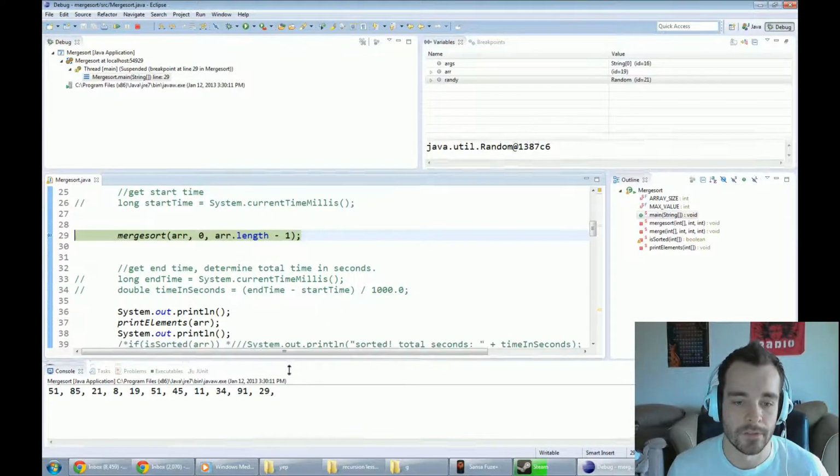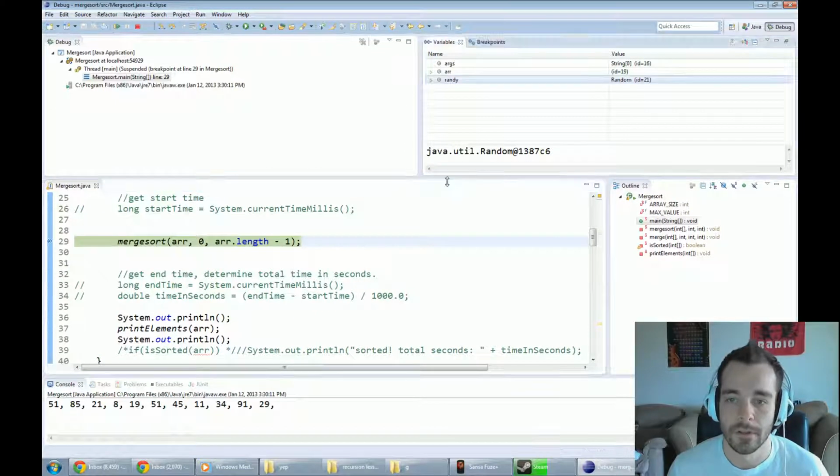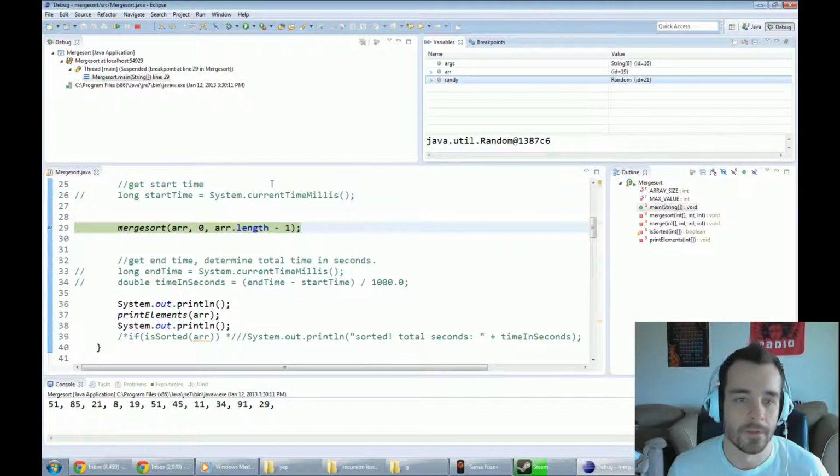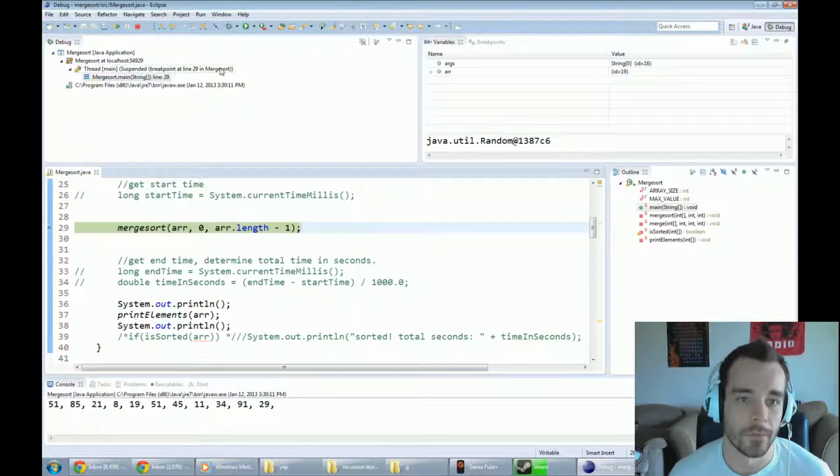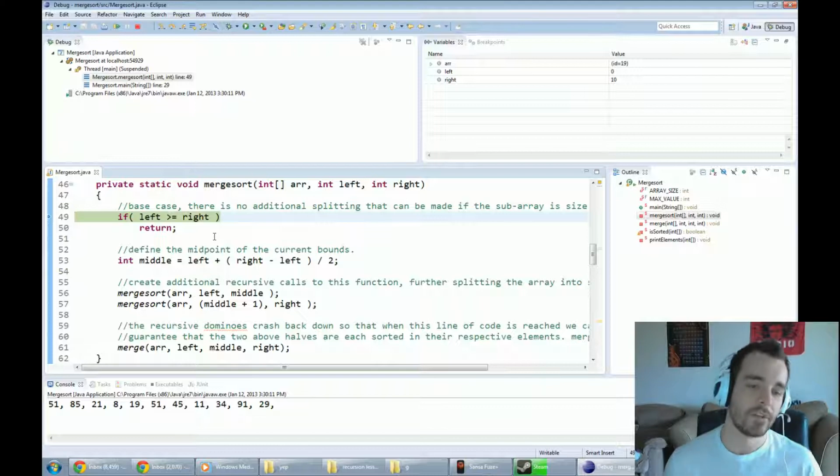So let me make this console a little smaller, and this a little bit smaller. Alright, so we're going to go ahead and call merge sort on the entire array. Let's step into that. Now our base case here says, can we split this any farther,